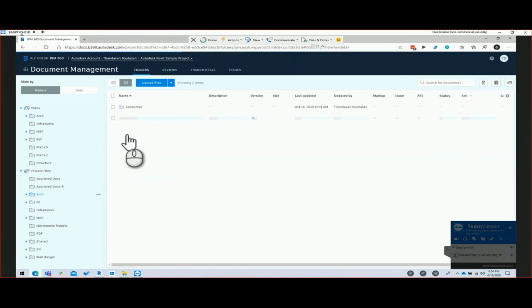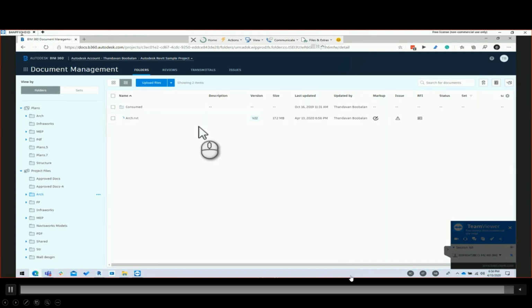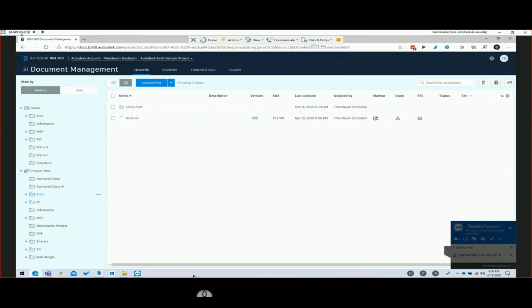Now you can see the file is getting uploaded and the version has also changed, right? I can do a version comparison to see what changes have been made from the old model to the new model. So this is the way you can use a remote desktop solution to connect to your office machine, and with the help of BIM 360,